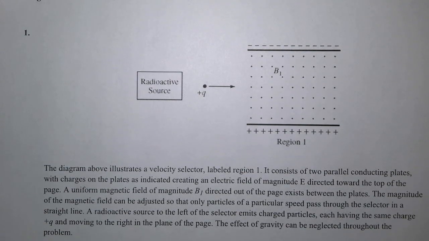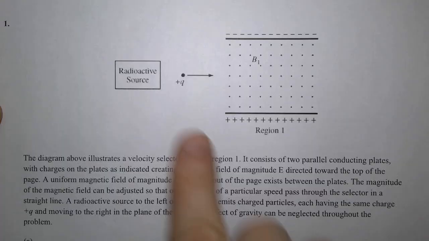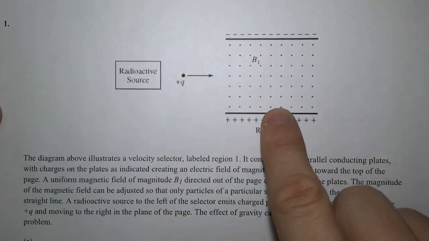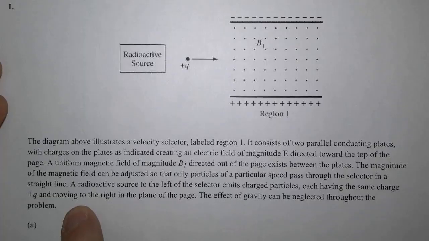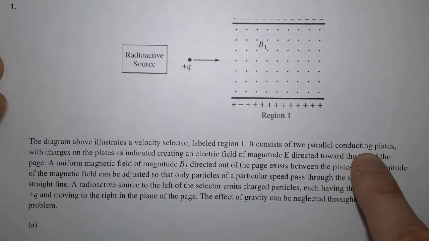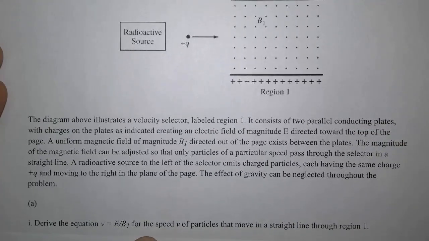Today we're going to be doing an AP Physics 2 FRQ with magnetism and electrostatics with a capacitor going on. So we have a radioactive source. It's shooting a positive charge into a magnetic field, and we have a velocity selector. Apparently we're able to change the velocity, and it asks us right away to derive an expression